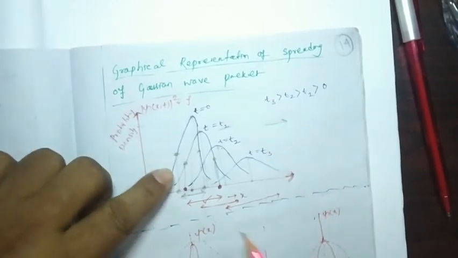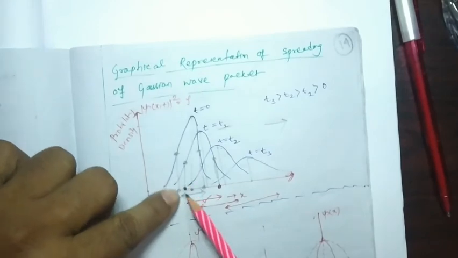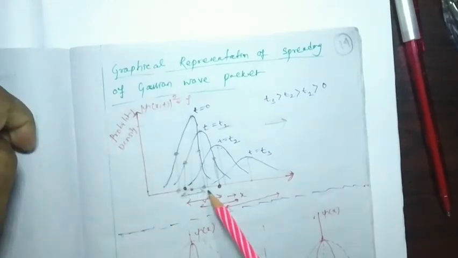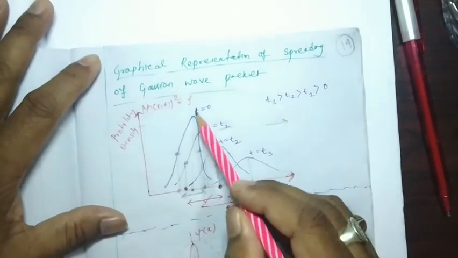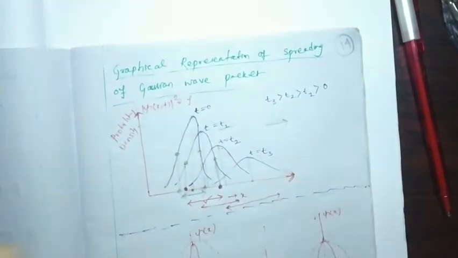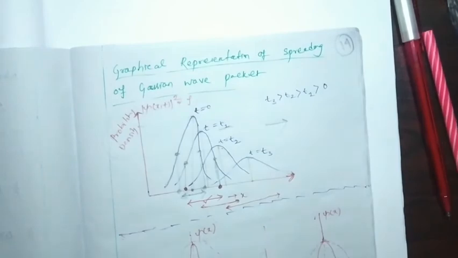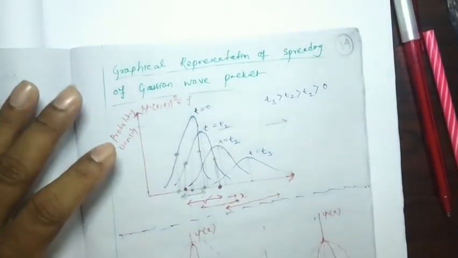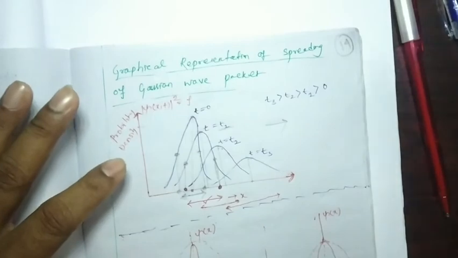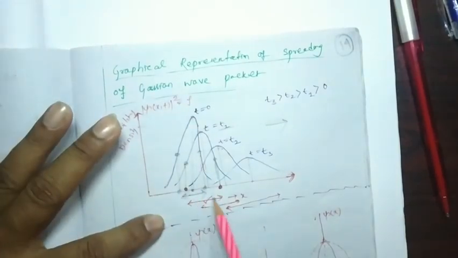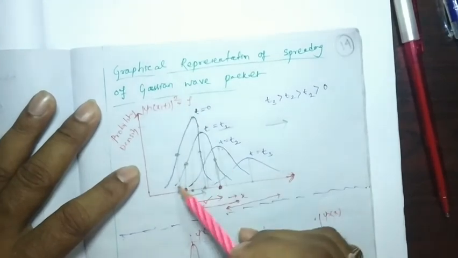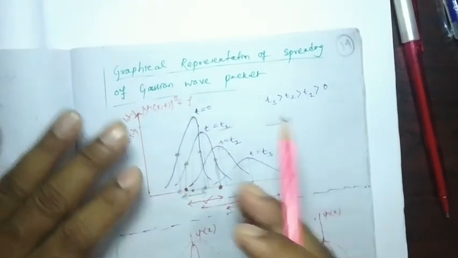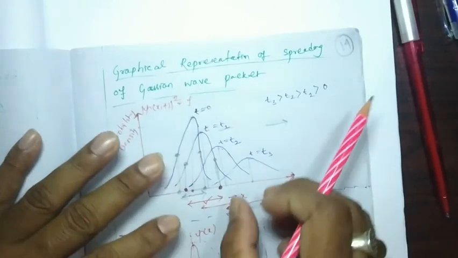Okay, you should not draw these things whatever I explained. For the explanations, whatever I drew, you should not draw. Initially what I drew, that you have to draw in the exam and also in your notes. I explained this width and so on only for your understanding; you should not draw it. You should draw only these four peaks, showing the increasing spreading.